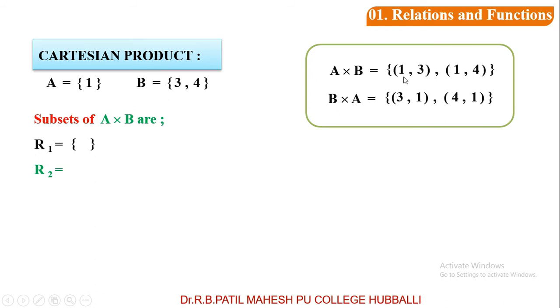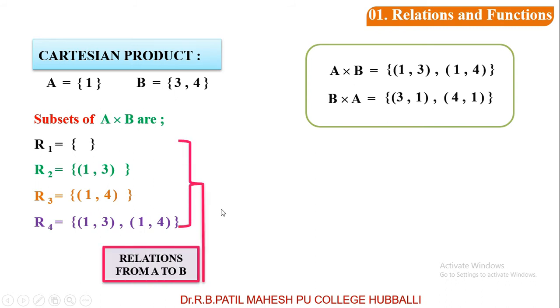I will take the set consisting of (1,3). Only (1,3) I will take. The next subset I will write taking (1,4) only, because it is also a subset of A cross B. Next, I will take R4 as the subset. It consists of (1,3) as well as (1,4) together. So this is also a subset, students. Hence, 4 subsets I can form of this A cross B, and these are called, listen carefully, these are